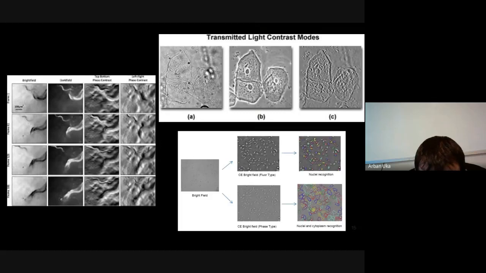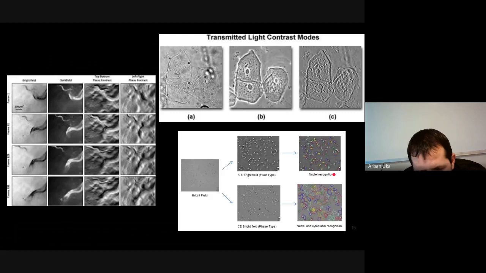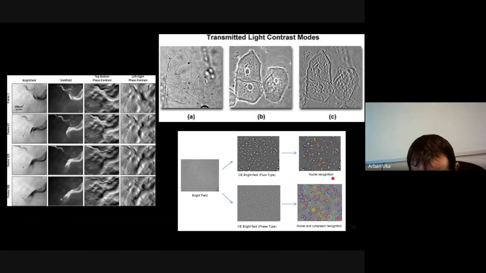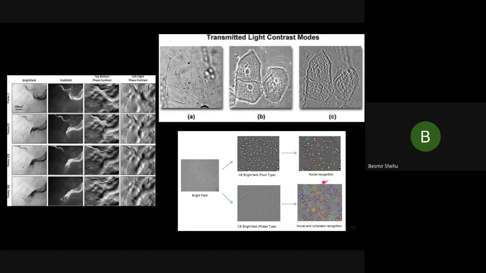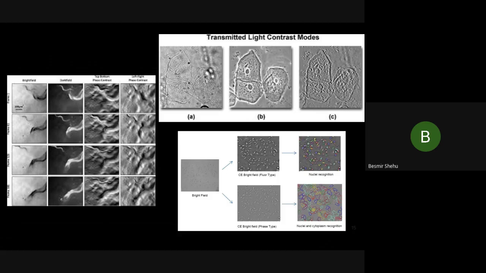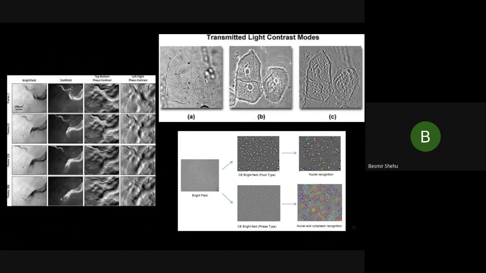But this is interesting. The figure at the bottom, nuclei and cytoplasm recognition. Cells normally have two different components. The major component is the nucleus. The second component is the cytoplasm. The cytoplasm is like a balloon that has a nucleus in the middle. I'm just focused on the bottom right side monitor. Yes, that one. Because the cytoplasm is sort of like a gel material, biologists and microscopists use different contrasts, because we mentioned earlier that the different components of a cell have different refraction angles, and they use these